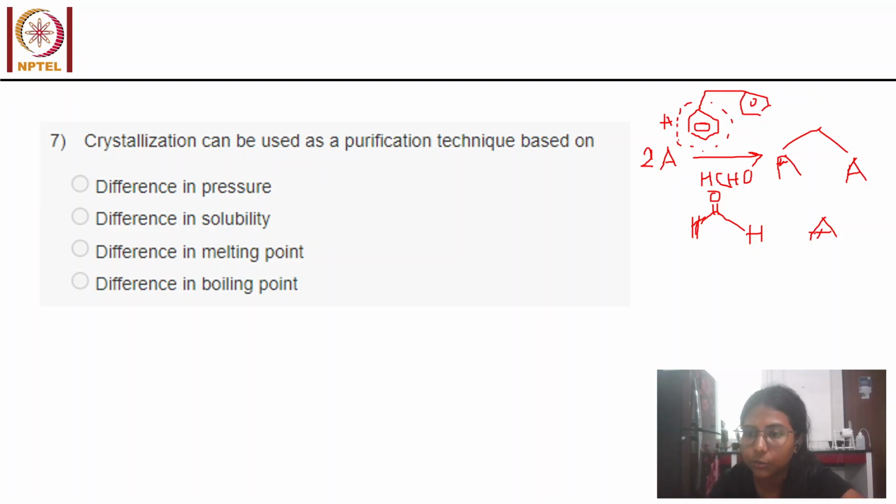Why? Because if this is a polar molecule, then when you have bridged it, its polarity can increase or decrease depending upon how the bridging is occurring. And the molecular weight is also different. So there will obviously be a difference in the solubility of the starting material and the product in any particular solvent. So if you take the reaction mixture, quench the reaction, and then dissolve that in that particular solvent,